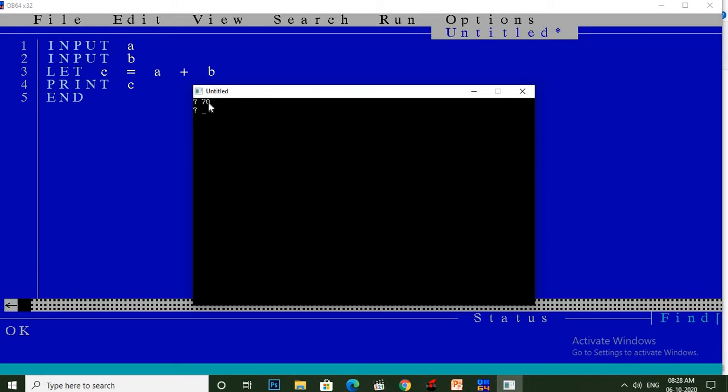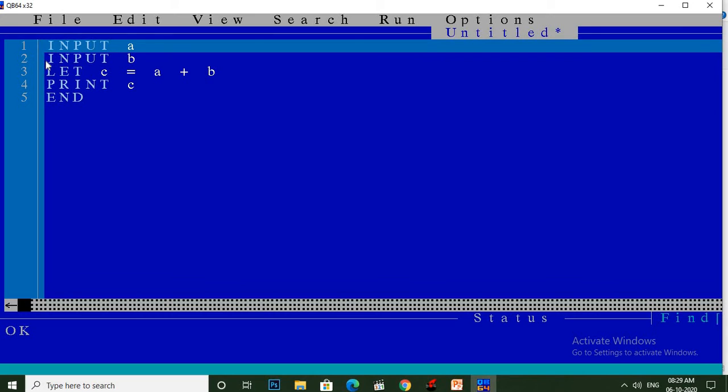So the 70 value will be stored in a variable, and again I am typing number 50, so 50 will be stored in b variable. Now in the next line we use LET c equal to a plus b. So in c the answer stored will be 120, because 70 plus 50 is 120. So print 120.